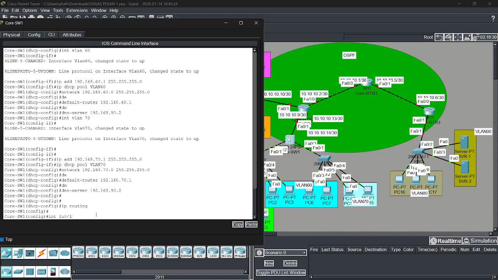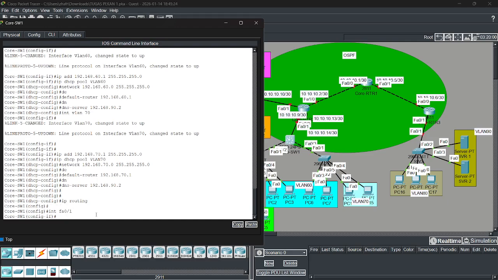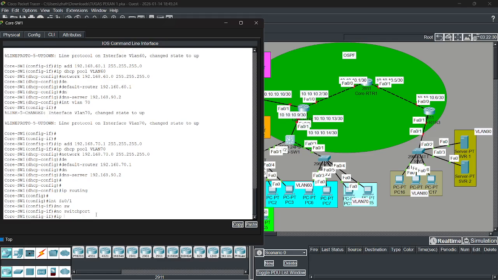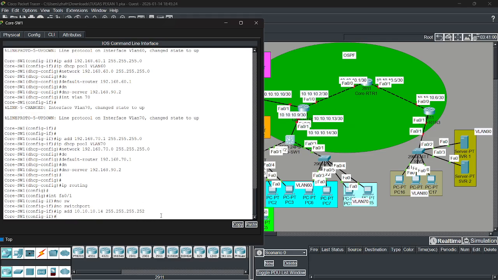Now the switch port, and then IP address is 14. The subnet mask is 255.255.255.252 because /30. Okay.